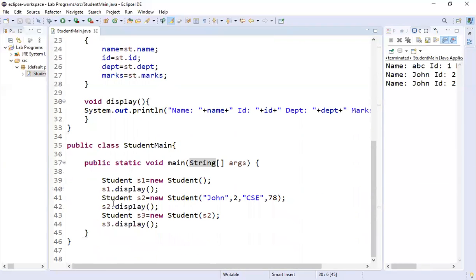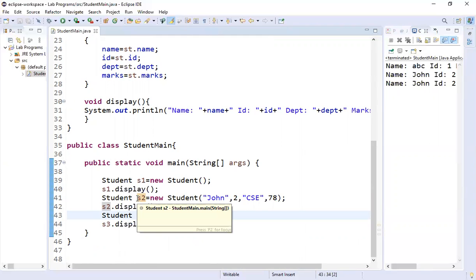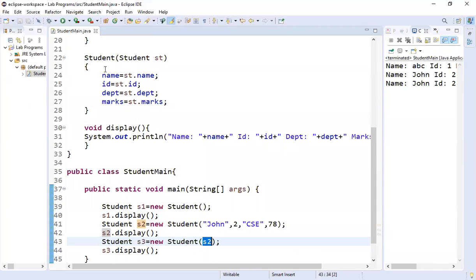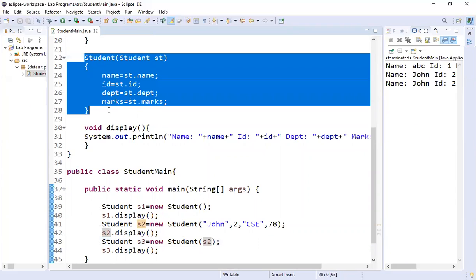The last type that we have is a constructor which is going to pass the object. So here, instead of being a default or a parameterized constructor, I'm going to pass the object directly. The object here is S2, the second object. It's going to pass the variables, but instead of passing the variables, I'm going to pass the object. See how it works. So I'm going to pass the object here. It's being caught by this particular constructor.